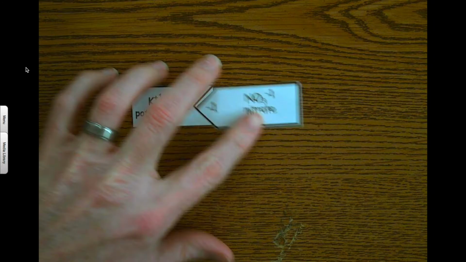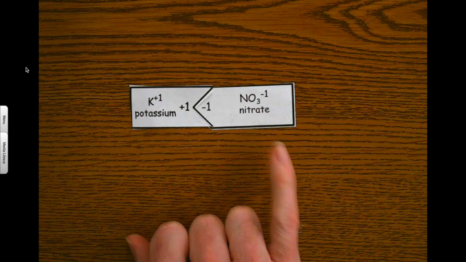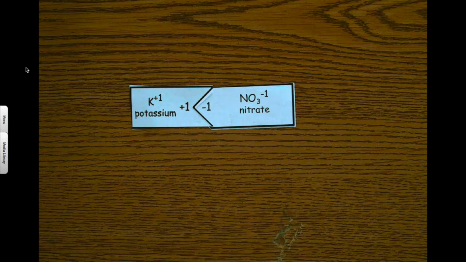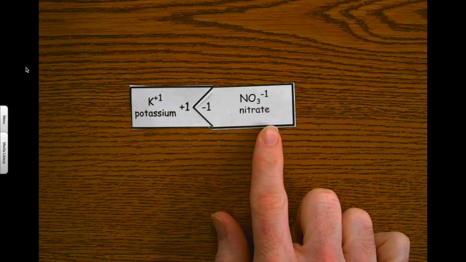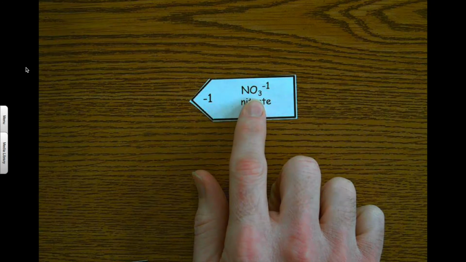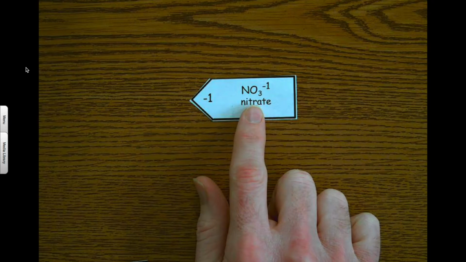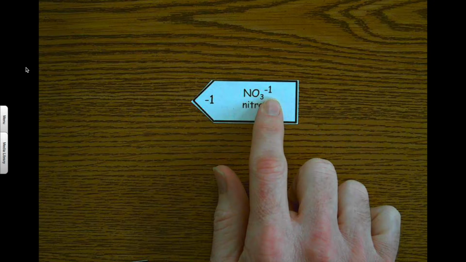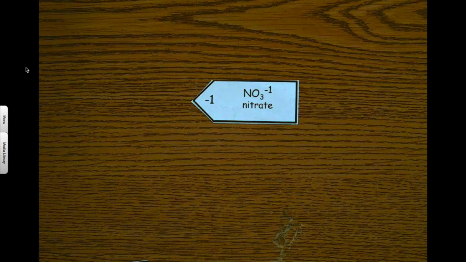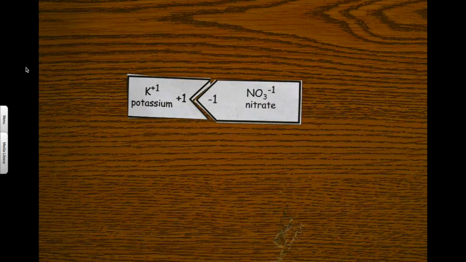So you'll see that nitrate is different from nitride, and it's different from nitrite. Nitrate is specifically NO3, and it will always be NO3, and it will always be a -1 charge. So this group right here, this nitrate, is this nitrogen and the oxygens covalently bonded together, but when they do that, they actually have an extra electron, so that's why they are an ion. They actually end up having one more electron than they're supposed to. So they are going to attract a cation to them,